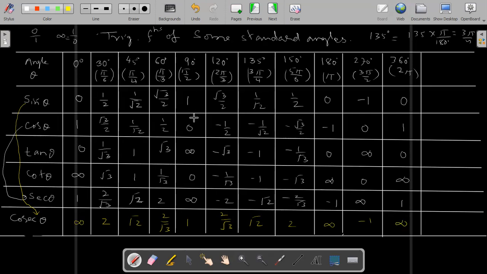You know up to 90 degree. You have to repeat everything again after that. Same numbers will be repeated. Only in cos it will become negative. Tan it will become negative. Cot it will become negative. Sec it will become negative. Only sine, remember only in sine, and the opposite of sine is cosec,